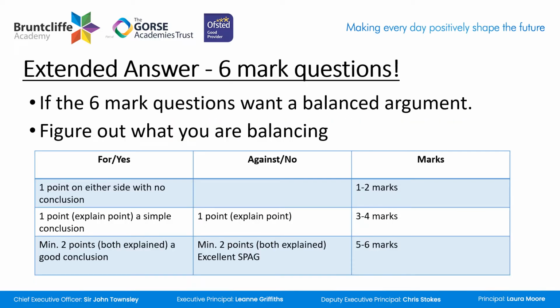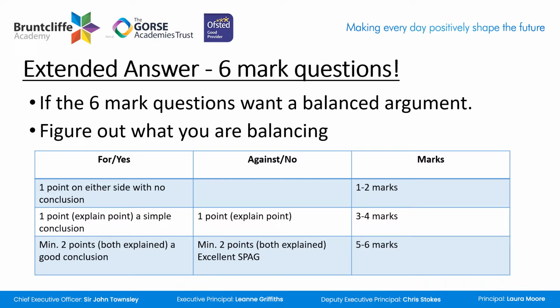Now we move on from the simple 1 to 3 mark questions into the extended answer questions. For science, these would be 6 marks. If the 6 mark question wanted a balanced argument, for example, let's have a look at how the marks would be allocated. For 1 to 2 marks, you would either give a point for or against whichever argument you're trying